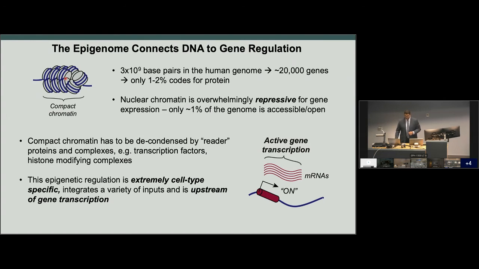So the way this happens is that there are a variety of machinery, protein machinery, that interpret and act upon this compact nuclear chromatin and open it in very cell type specific ways to then execute the cell's desired genetic program. This could be in response to its normal differentiation. It could also be in response to external stimuli that then are funneled into the genome and ultimately changes in gene expression.